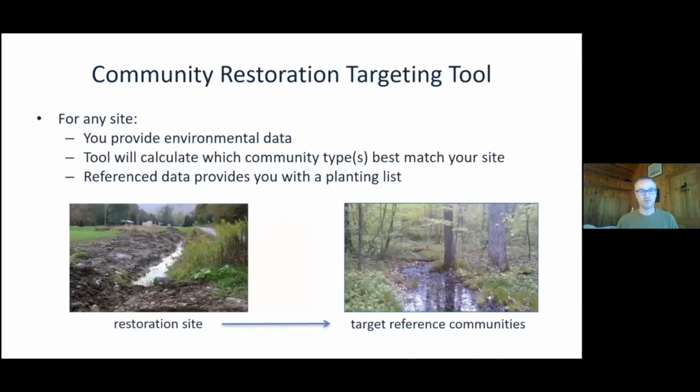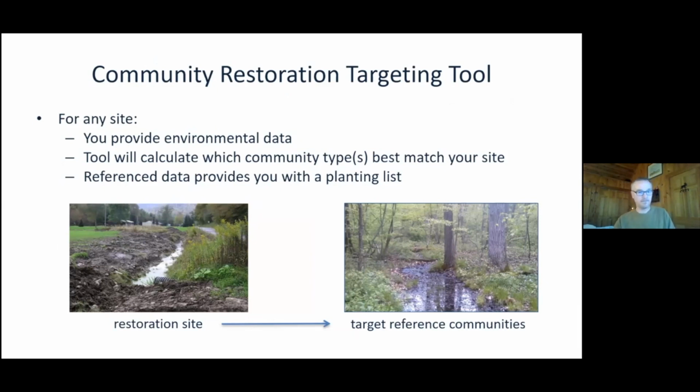But because of our community classification data set, we have a robust guide for restoration activities, if it can be accessible. So we wanted to take advantage of our large geographically specific data set with information on community structure and composition and associated ecological data to guide restoration efforts. We thought that if a user could provide environmental data, we could determine which plant community or communities might be good matches for the site based on the collection of quantitative plot data